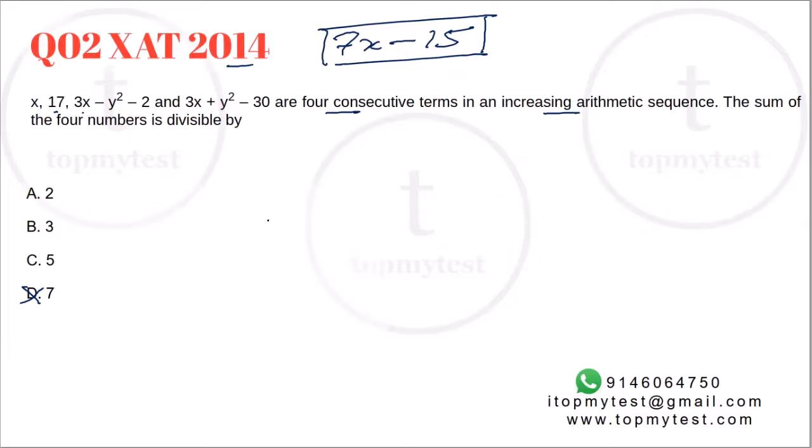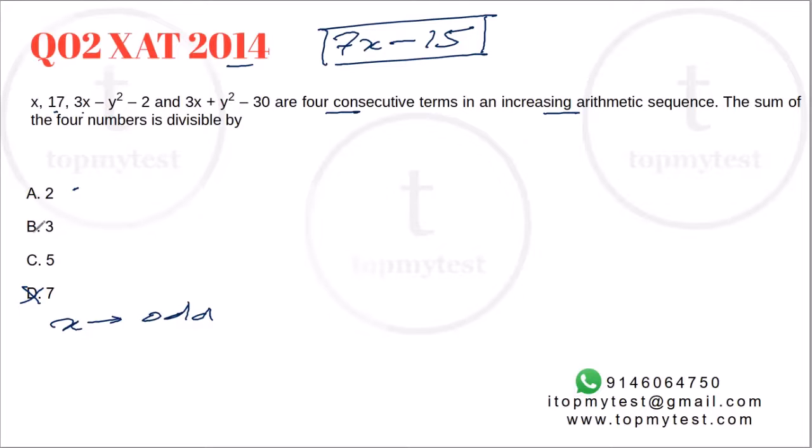So that leaves us with 2, 3 and 5. What happens with 2, 3 and 5? Now for this term to be a multiple of 2, an even number, x has to be an odd number. Odd number minus odd number will give you an even number, whereas even number minus an odd number will still give you an odd number. An odd number is not divisible by 2. So for this sum to be a multiple of 2, x has to be an odd number.